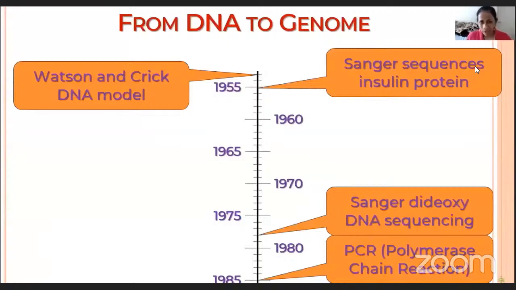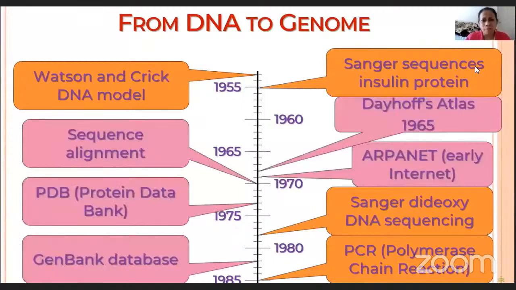So now from that, where did we head, right? 1950s. And of course, you all know about Watson and Crick, right? Without Watson and Crick, we wouldn't be here today. And then we have Sanger sequencing. Without sequencing, we could not have sequenced anything, right? So insulin was the first protein. And then, of course, things started evolving. We started seeing a lot and lot more.